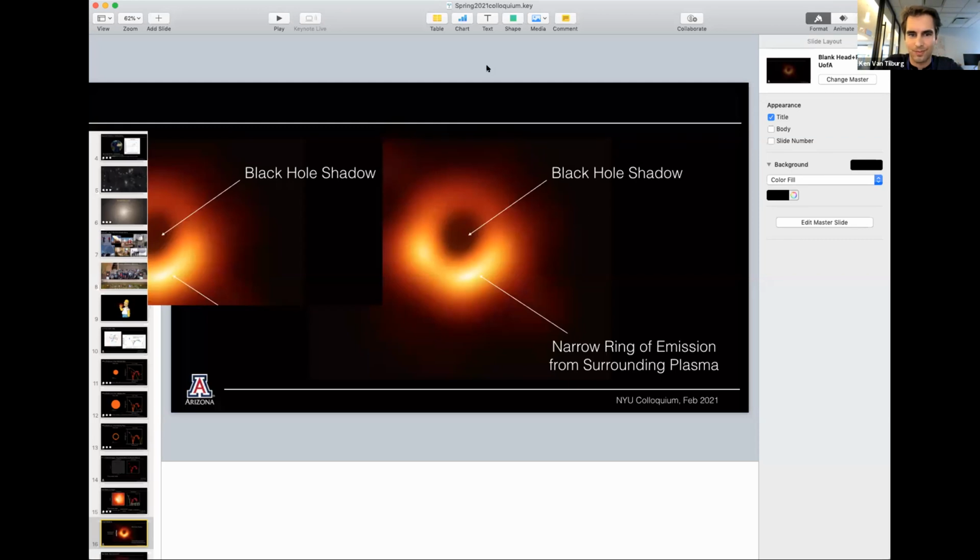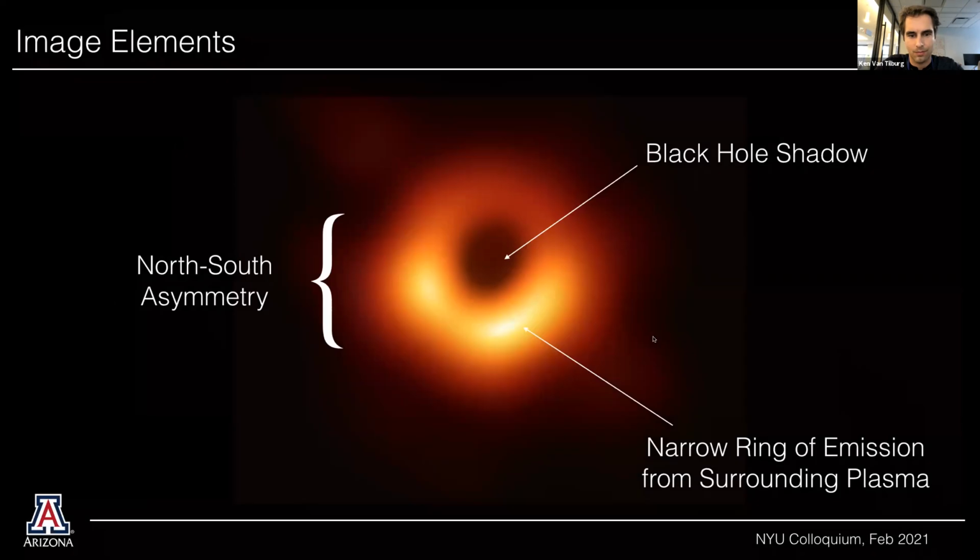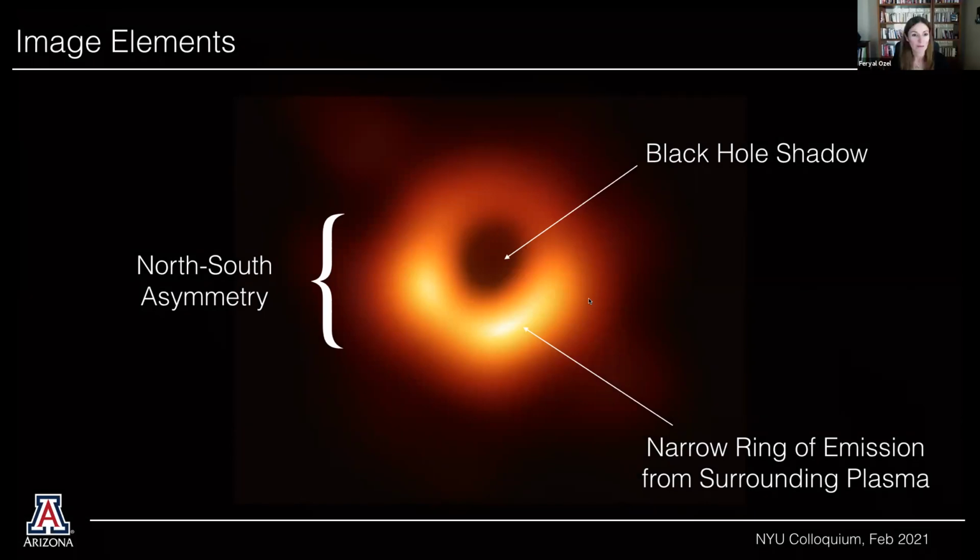Okay, wonderful. Thank you. I am going to keep going, assuming that my feed towards you is fine. The image elements that I was describing are this flux depression at the center that we associate with the black hole shadow, and the brightness that we do see, which is the only thing that we can actually record. We don't have a direct way of looking at the shadow. The brightness is the emission from the surrounding plasma. And I was mentioning this north-south asymmetry, which comes from